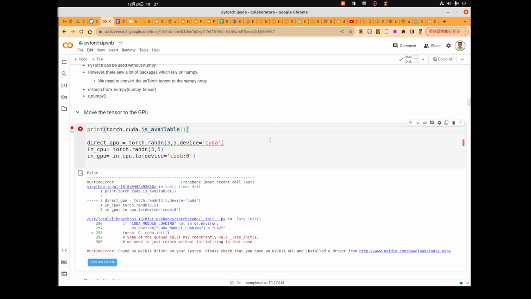So we can use this function to test if we have a GPU. Later we can use this to decide the device, for example with the CUDA if and else.